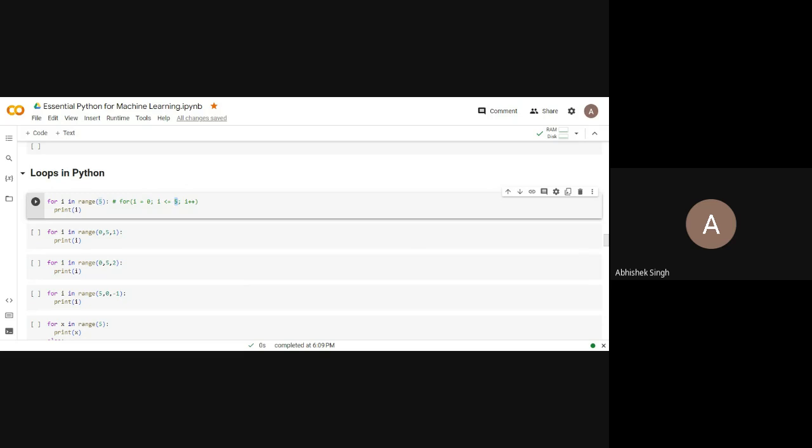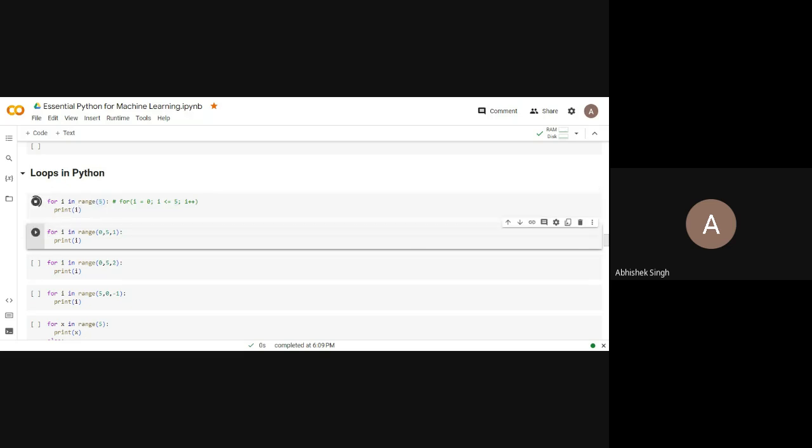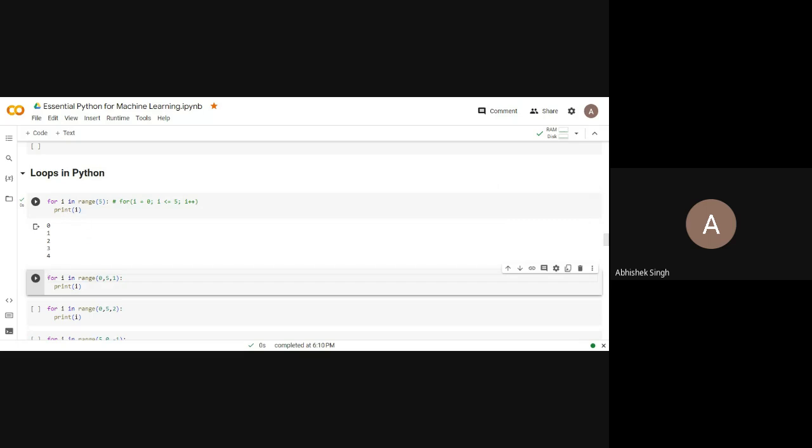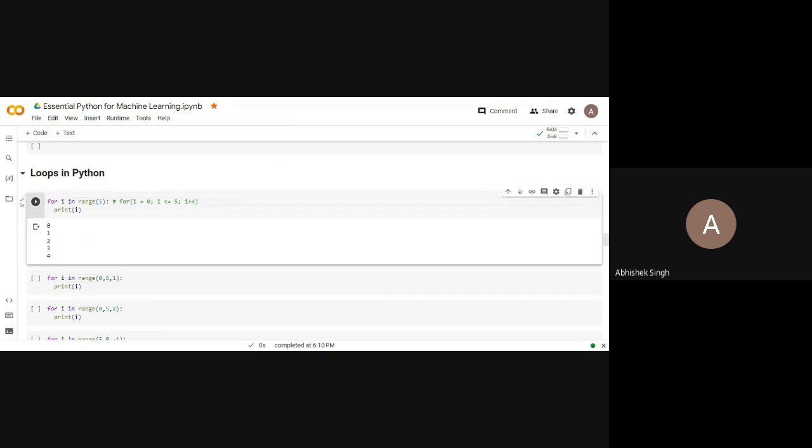Here the range of i is starting from 0 and going to 5. But one thing you have to remember is that whatever number you are writing here, the loop will run one less than that number. So if I run this, it is saying i is 0, then i will be 1, then 2, then 3, and then 4. In C you do i plus plus, but here you don't need to mention it.